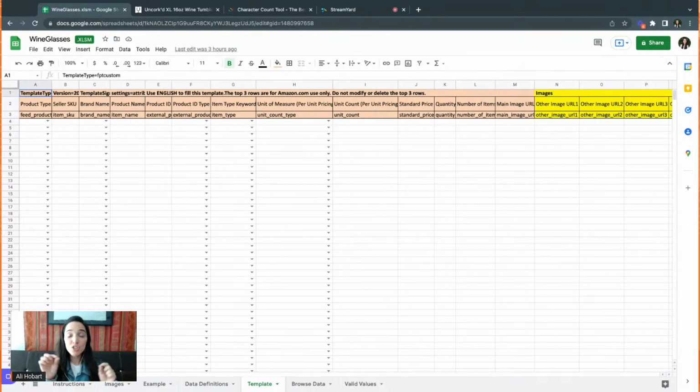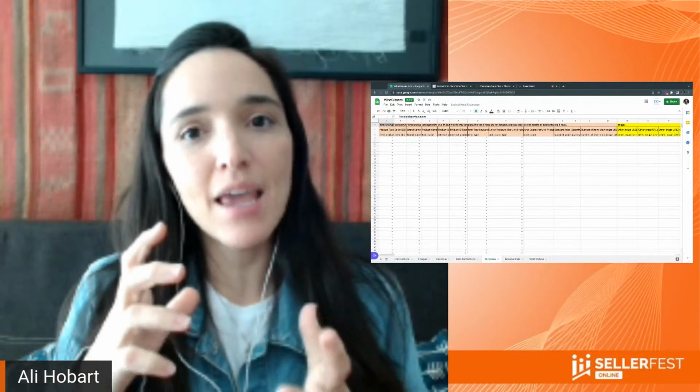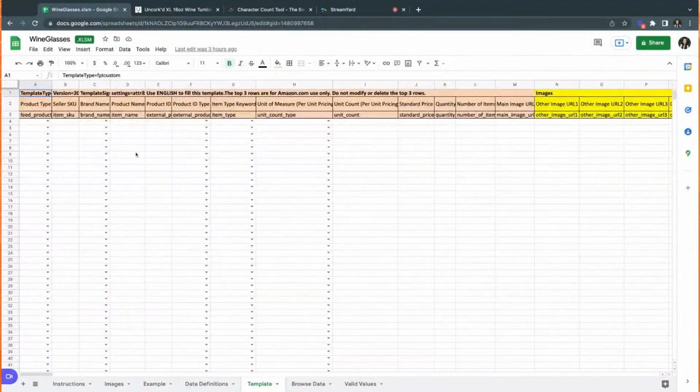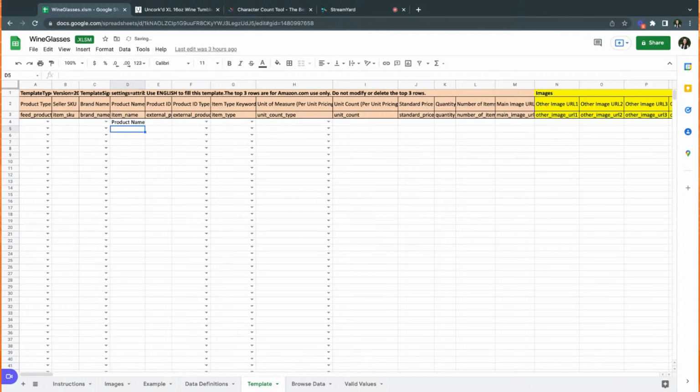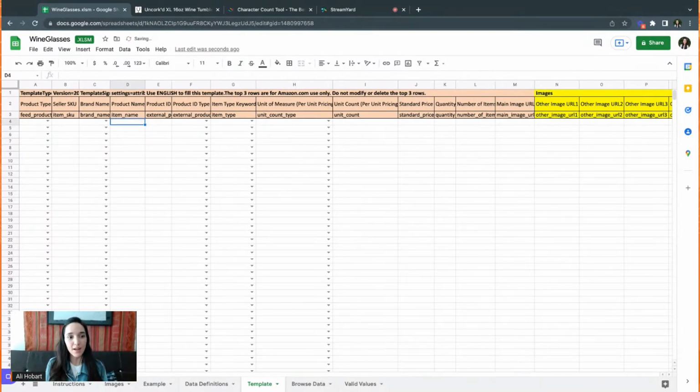Okay, so first, just a quick note. If you're using Google Sheets, there are some features that might be disabled. As a matter of fact, if you start typing something like product name in your Google Sheets, you might get a warning saying some features might be disabled. Just agree with it and it's fine. We can still work with that. If you're using Excel, you most likely will not have to deal with that.